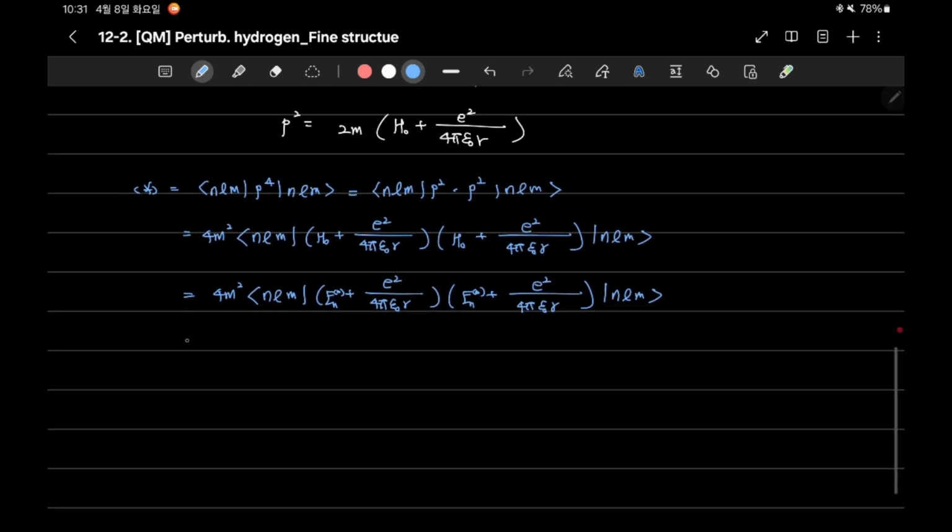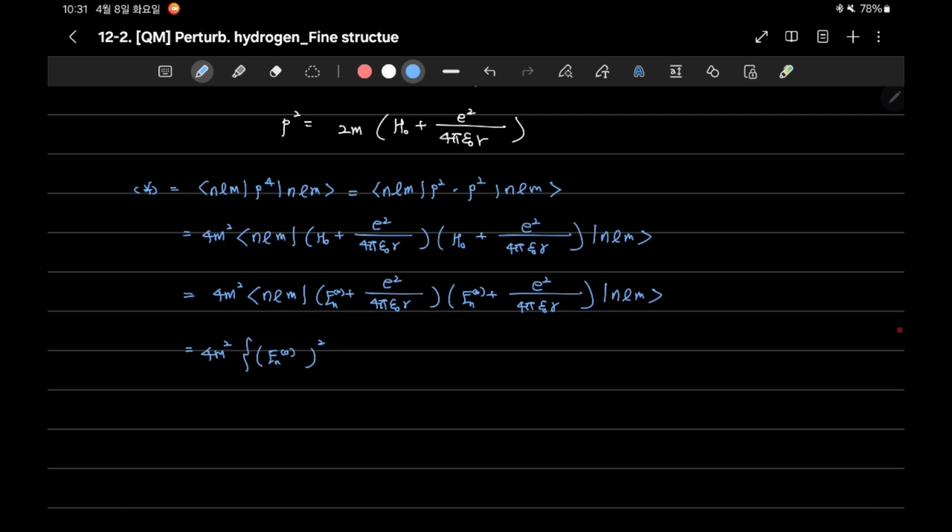So when we expand it like this, 4m square, and because En0 is the value, not the operator, it is En0 squared. Only here the operator is applied to the 1 over r. 1 over r is just the operator. Other terms